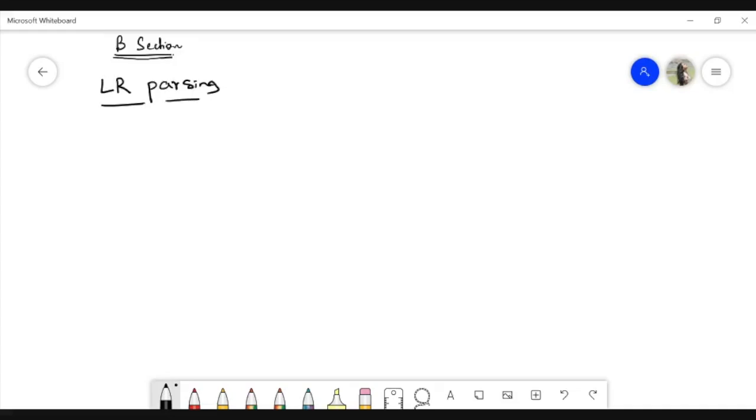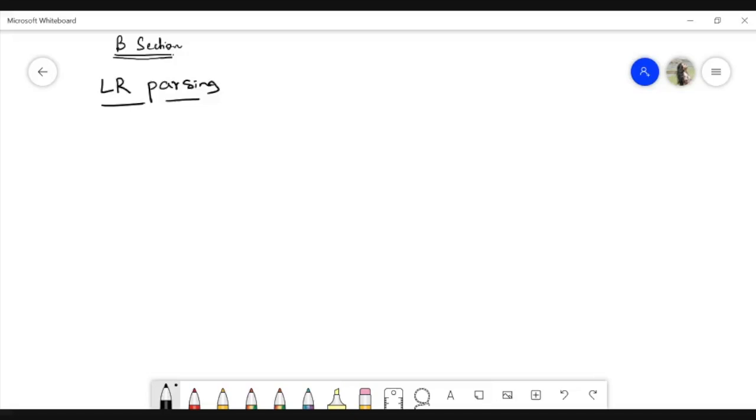Okay, here we'll see simple LR, canonical LR, and LALR. Three types of parsers we'll see, and four types of tables we'll be seeing: LR0 table, LR1 table, CLR table, and things like that. The most prevalent type of bottom-up parser, whatever we have today, like Yacc and all, it